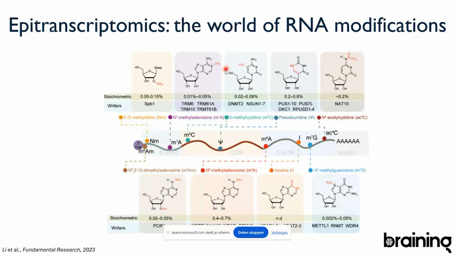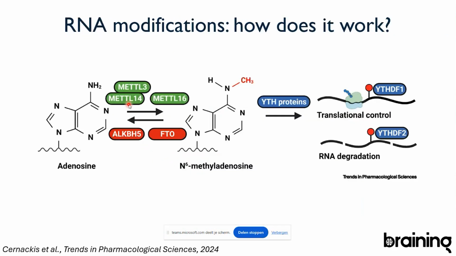And here, as you can see, there is an RNA molecule, and there are a number of RNA modifications present in this figure, but the reality is that there are more than 120 RNA modifications that are known, and for the vast majority we do not know what they do. But what we do know is that these RNA modifications, like DNA modifications, alter the expression of genes. RNA modifications alter the fate of RNA. When some modifications are present, an RNA will be more translated. When some modifications are present, an RNA will be more degraded. And that's exactly what we see here, for example.